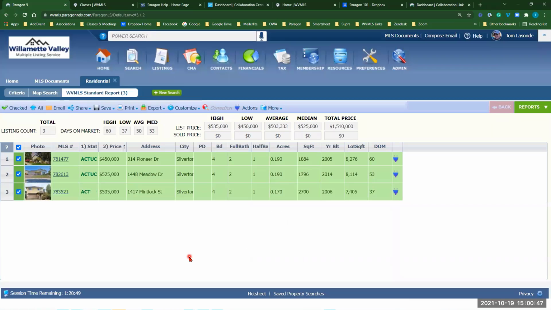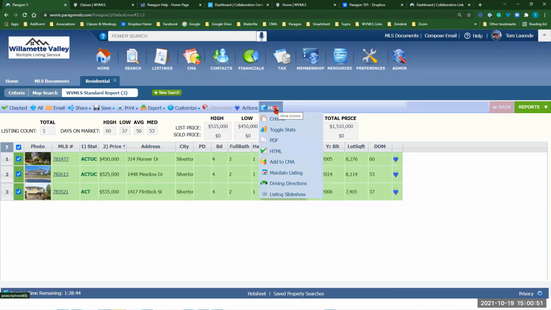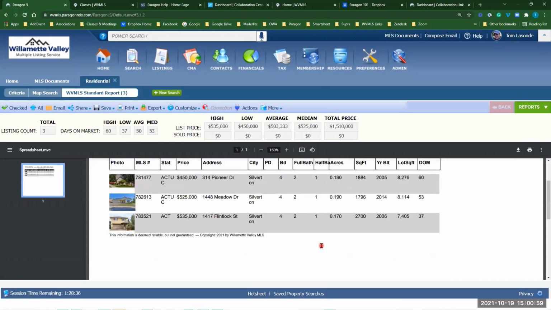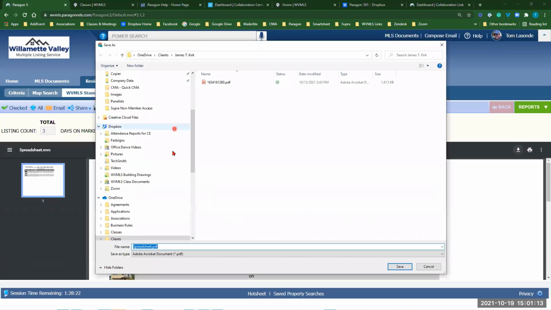So let's just say I got these 3 listings and I want to save these to PDF. I click more, PDF. And Paragon just rendered it from HTML into PDF format. And here's now a spreadsheet of those 3 homes. I can click the print button here and print it out and put it in a file folder. Or I can click the download button and you will get your Windows screen here that pops up, and I